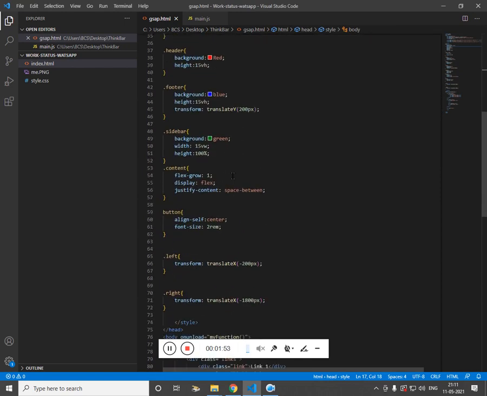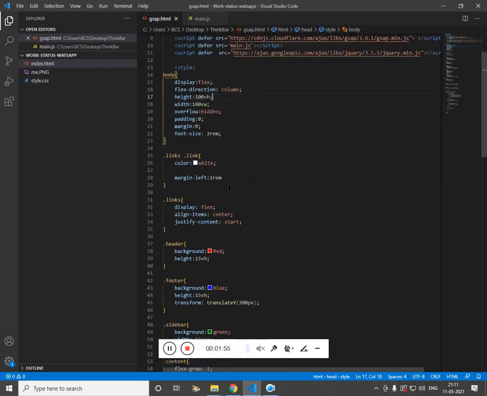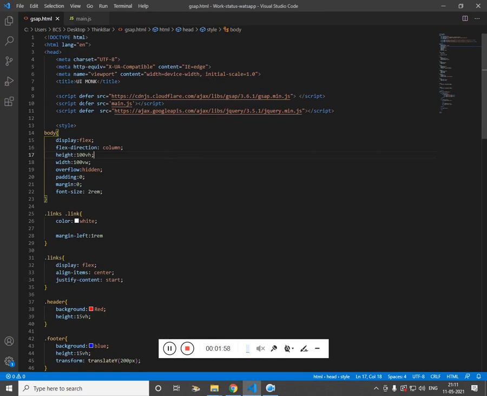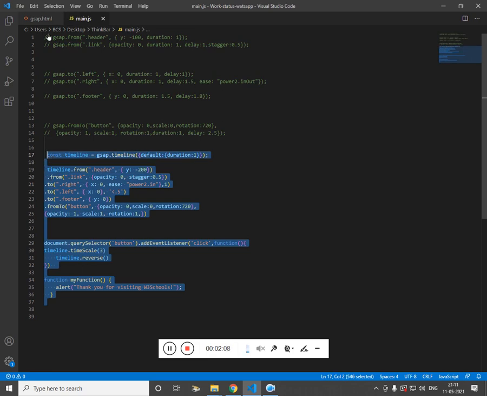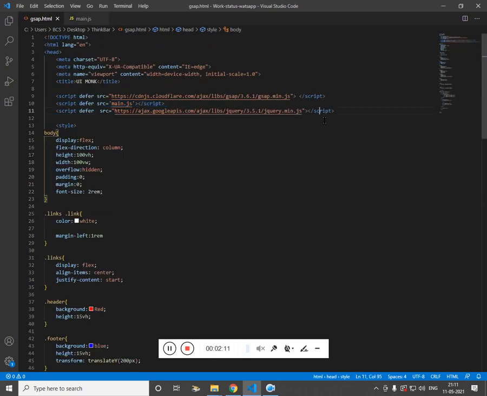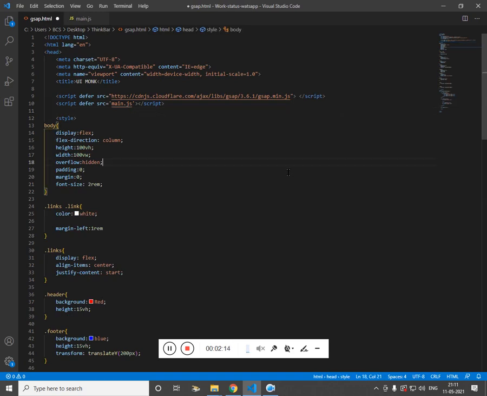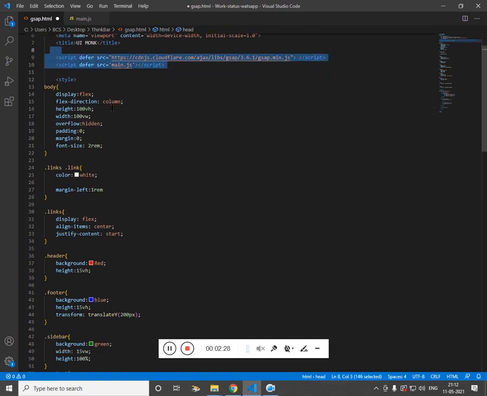I'm not going to write the HTML, I'll just explain it. The first thing we have is the GSAP CDN, and then we have our custom JS, which is our way of showing the HTML elements, and finally we don't need this jQuery. I'm writing this in the header, and that's the reason I used defer. What defer does is make sure that your HTML loads first and then your script runs. If you place this script at the bottom, then the defer keyword is not required.